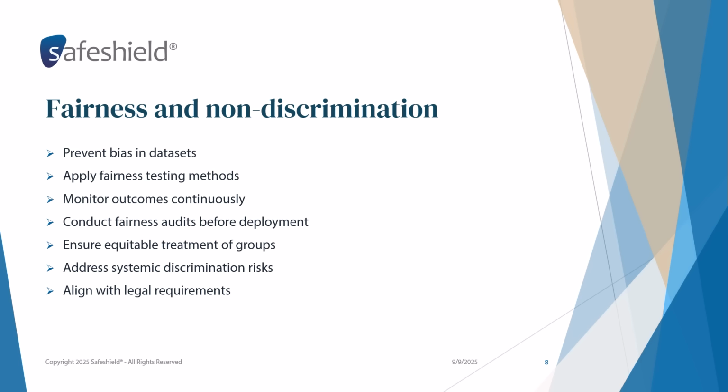Non-discrimination also involves setting organizational policies that explicitly prohibit biased practices and require fairness audits before AI systems are put into production. In practice, fairness is not always about identical treatment. It can mean equity, ensuring that outcomes do not disadvantage vulnerable groups. For instance, an AI-powered hiring tool may need to adjust for historical imbalances in data to provide fair opportunities to underrepresented applicants. Governance frameworks like the EU AI Act